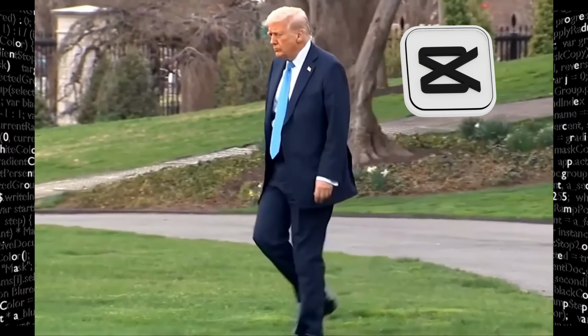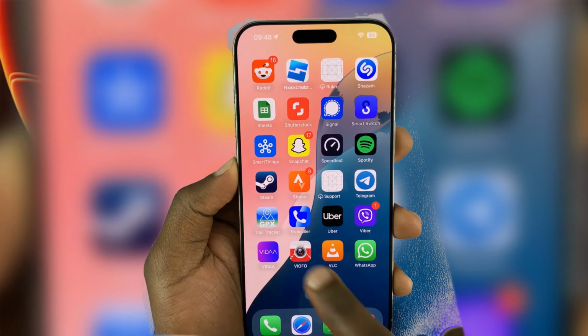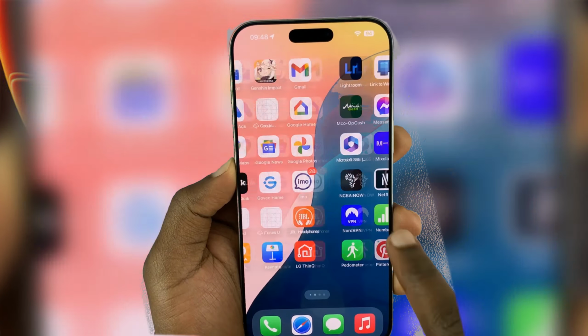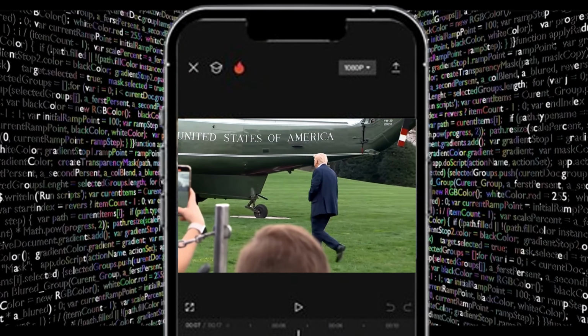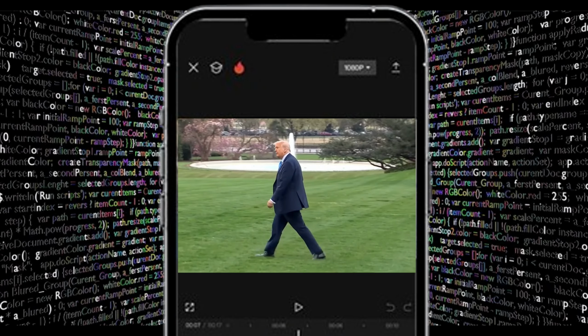I'll guide you through how to reverse a video on CapCut the easy way, whether on a mobile app or a desktop PC. If you're looking to add a cool, unique effect to your videos, or perhaps you want to fix an accidental forward-playing clip and you want to reverse a video on CapCut, this tutorial will walk you through